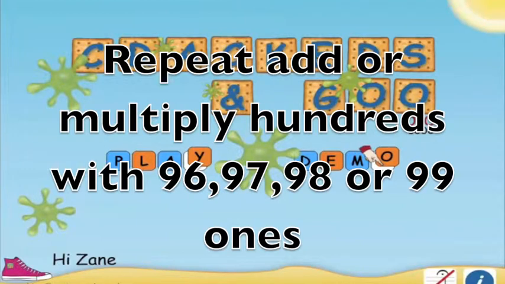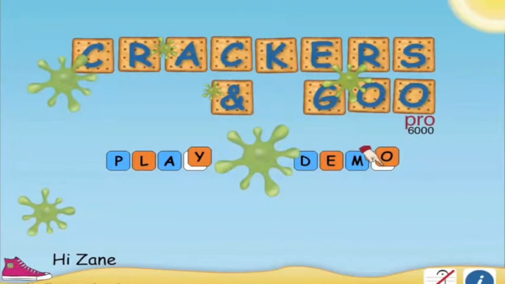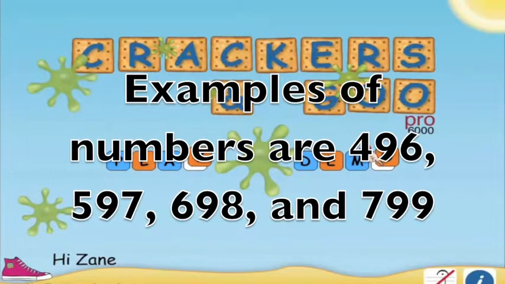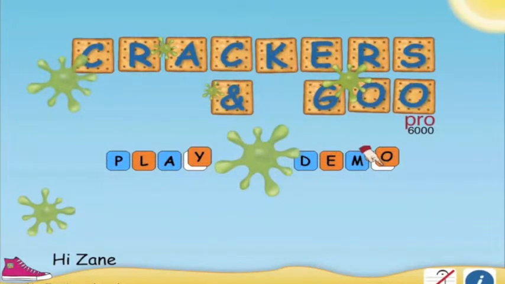In this video we will explore math strategies to repeatedly add numbers that are hundreds with 96, 97, 98, or 99 ones. Examples of these numbers are 496, 597, 698, and 799, and there are many more. The strategies you will learn in this video will enable you to be more quick and accurate when repeatedly adding